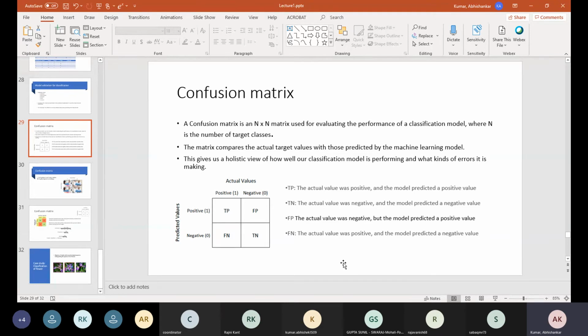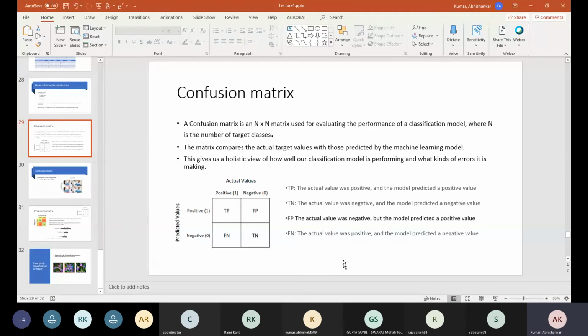Another is false positive. See, it is written FP. Basically your prediction is yes, but actually it is negative.